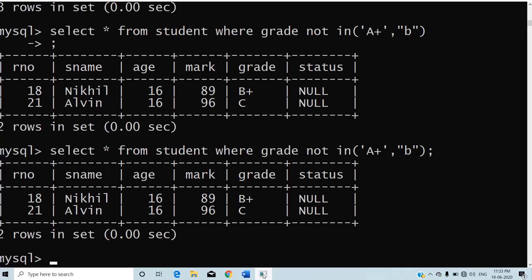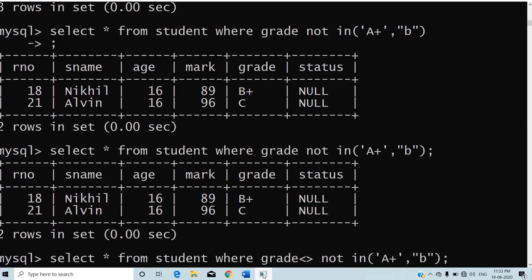Now my question: can you give me an alternative method for this query? Which operator can be used to replace the NOT IN operator? Or just give me an alternative query for this particular query. I'll write it over here. SELECT * FROM student WHERE grade not equal to 'A+' and grade not equal to 'B'.